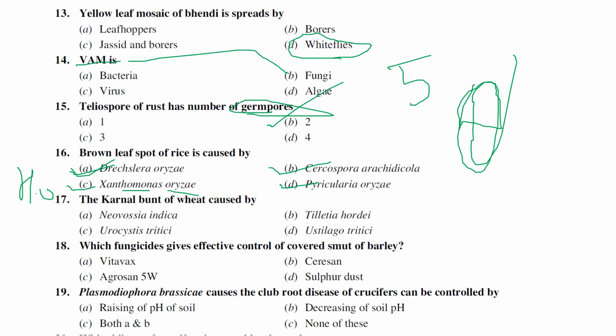Generally, the kernel bunt of wheat was first reported by Mitra in 1931. Why is it called kernel bunt? Because the disease was first reported in Karnal. In Karnal, there is an agriculture research station where they used to grow wheat. In that, a new disease occurred, that is a bunt. So that was first discovered by Mitra. Since it is the area Karnal, they named it Karnal bunt because it first appeared in Karnal. So that was first discovered by Mitra in 1931.